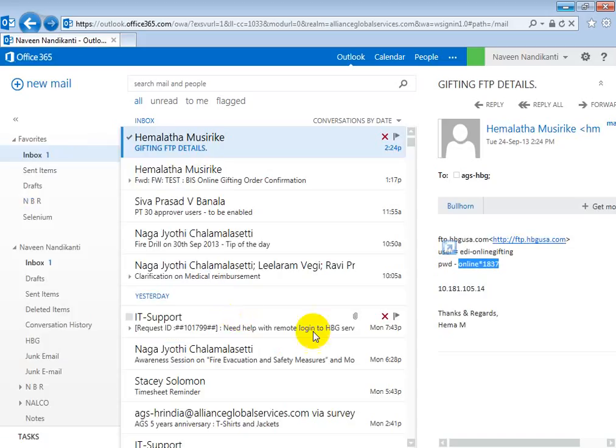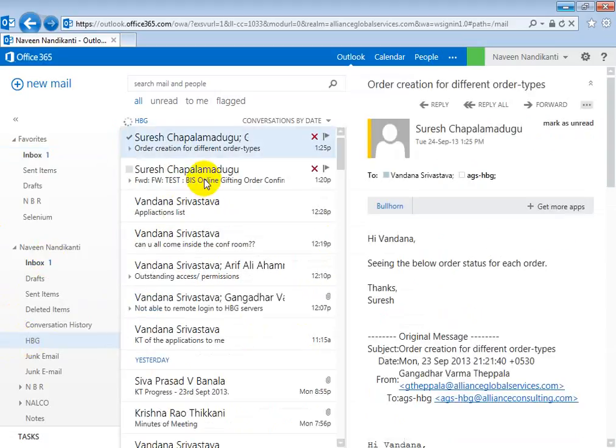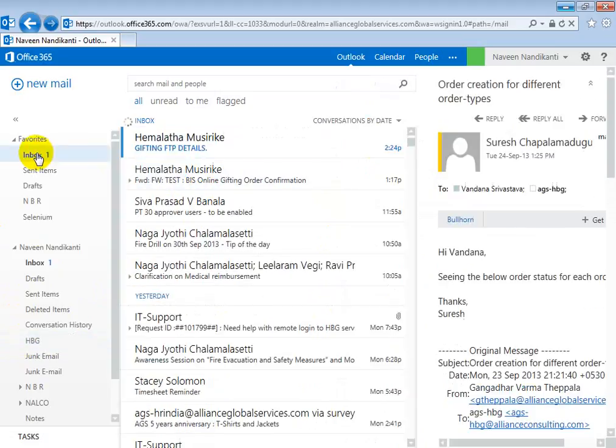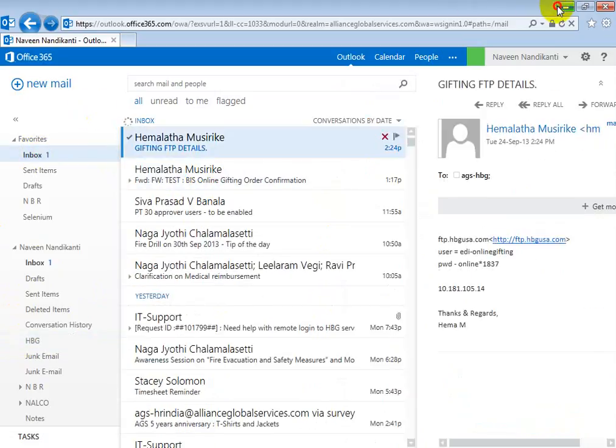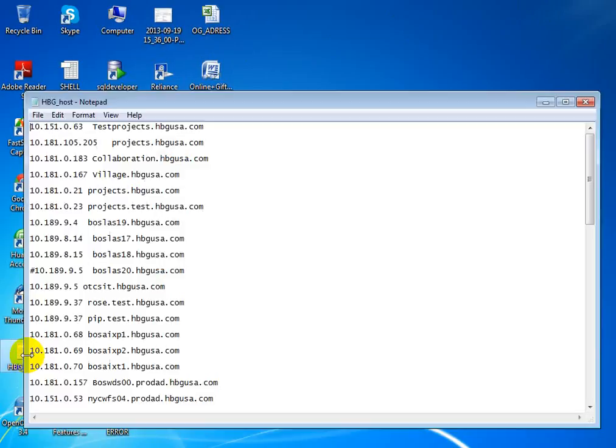Complete set of host file. Save it on the desktop only. Already saved on the desktop. I think you did it when you went to IT support. Desktop. We saved it, right? Oh, it should be there. Host and... we're taking printout, right? No. HCGRS, yeah.